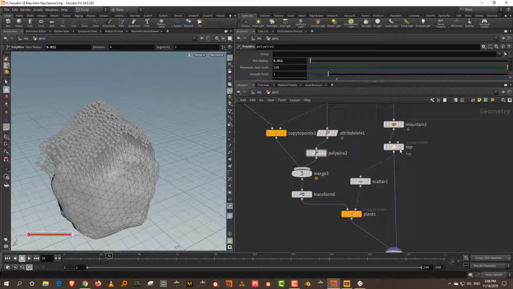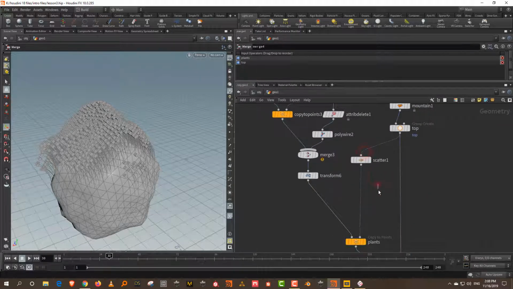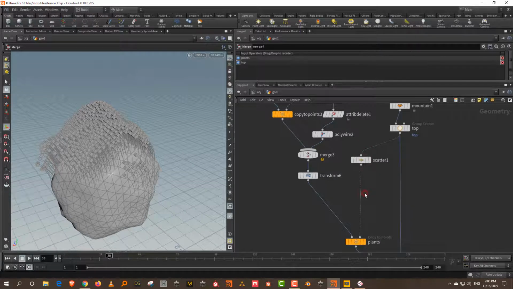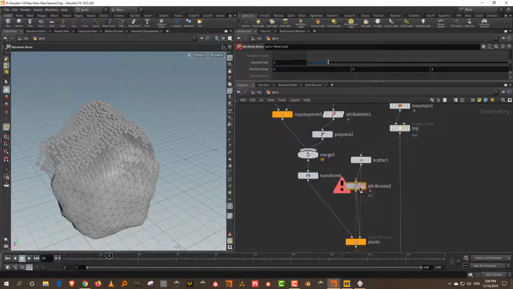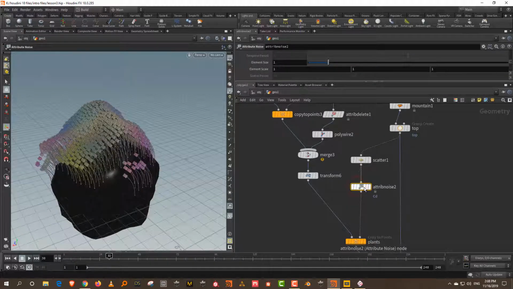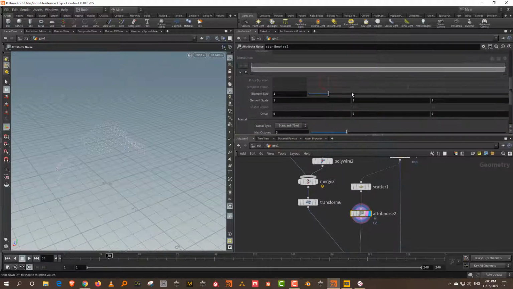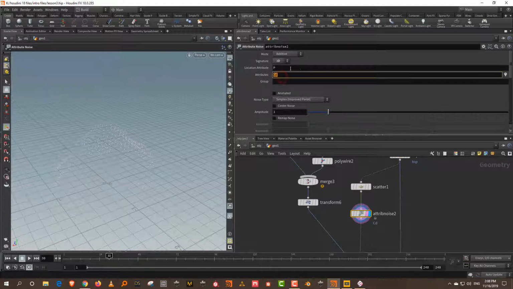So I can come down here to these scatter points that we have. And for the scaling, let's take a noise. So I'll just take a noise here. We'll say attribute noise, and by default it goes to color. But what I can again do with the color is, let's say if I want to give it some kind of custom coloring, I can set this to 1D and let's just create a custom attribute, right?